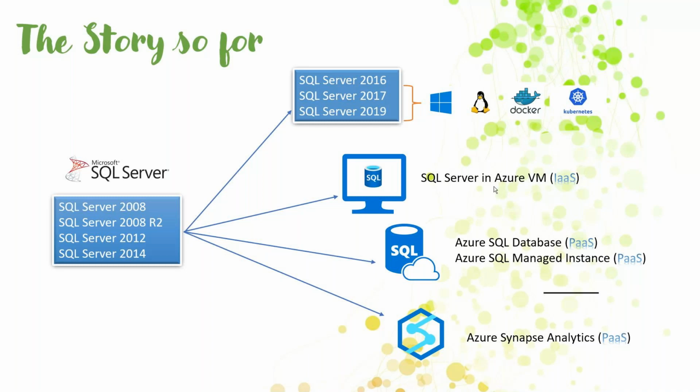When you specially go to the PaaS, there are two platforms. One is Azure SQL Database, one is Azure MI. These are the two PaaS platforms. You can deploy your SQL on a managed instance. So technically, in layman's terms, you can call it database as a service, instance as a service. This is instance as a service, where it supports the lift and shift mechanism.